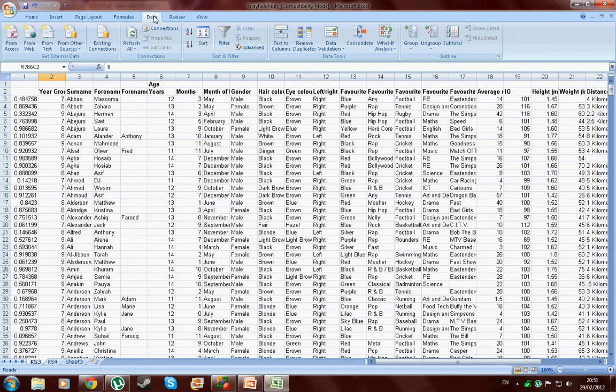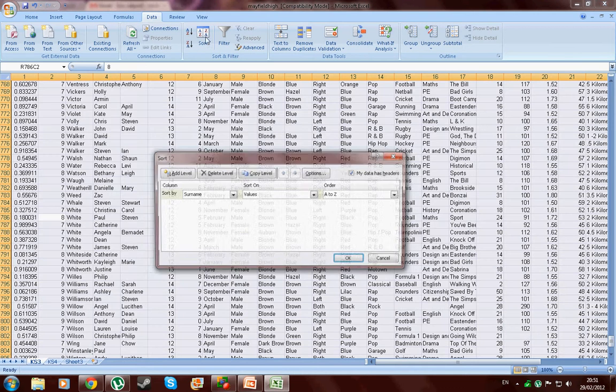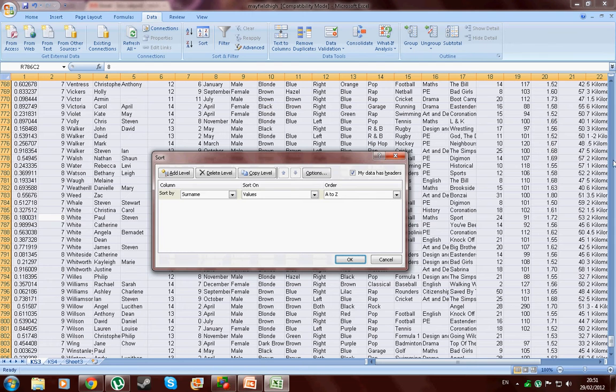Now we go to data, we go to sort. I might just want to point out that I'm using Excel 2007, but you'll find that all Excels work the same, it just might be that the buttons are in different places. So you go to sort, sort by,